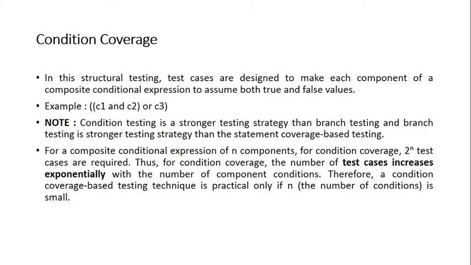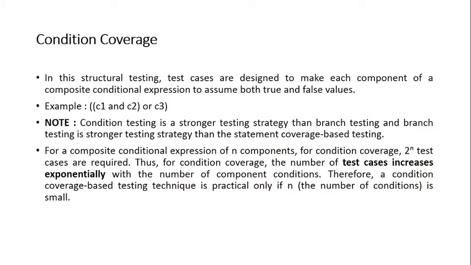The third method is condition coverage. Condition coverage says when you have a composite conditional statement like C1 and C2 or C3, right? In this case, we have to apply true and false value to each component as well as the combinations of these. Like if an AND operator is there, C1 and C2, you'll assign true and false. If an OR operator is there, true and false for this. Then the individual expression, right? C1 will be a composite expression. So again, true and false value for that.